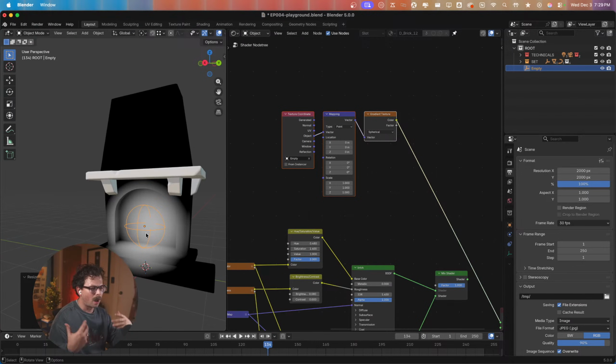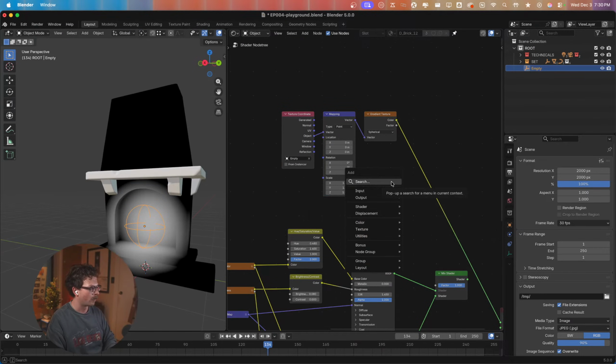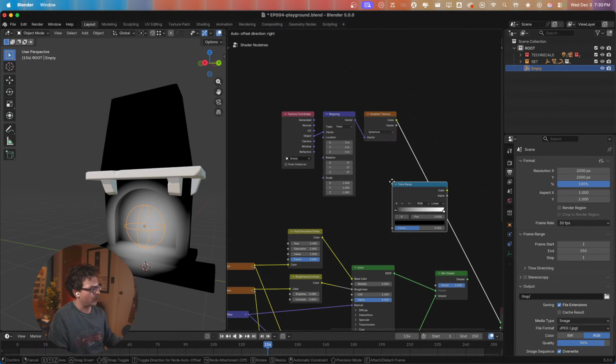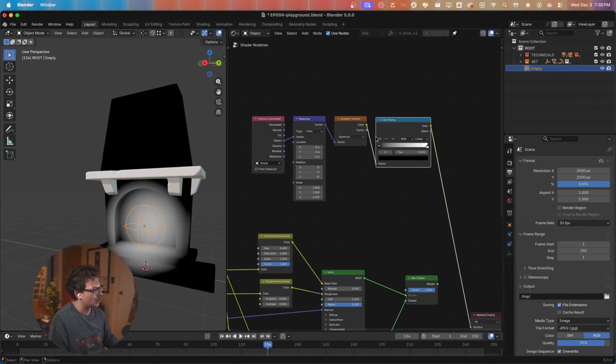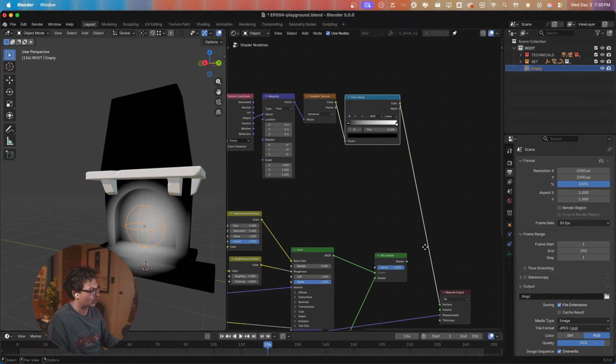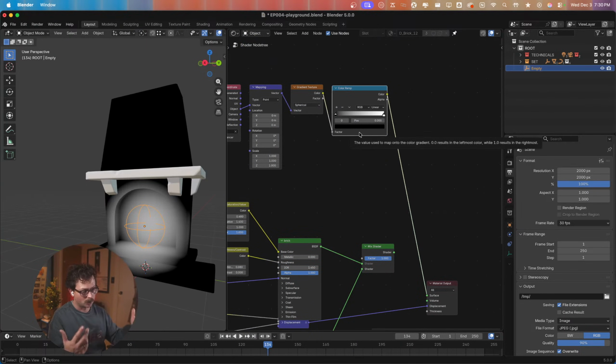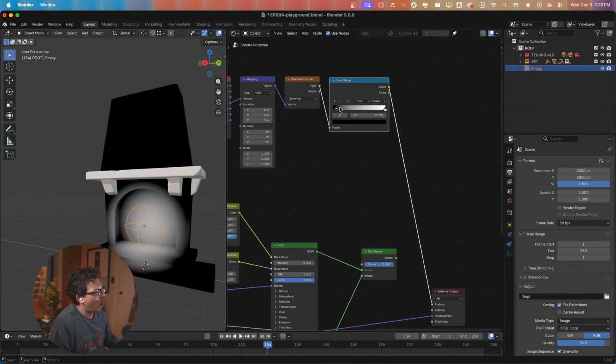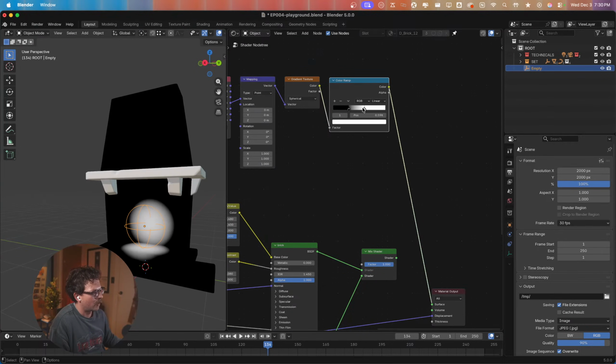The whites are not particularly white. The fringe here, it kind of gradients off a little bit too harshly. So we're going to add in a color ramp here, and we're going to click right between these two and put it right between the gradient texture output and the material output, which is what we're viewing right now. And we're going to bring these values in a little bit and make sure the whites are actually white like that. And we're going to make sure the falloff is not as